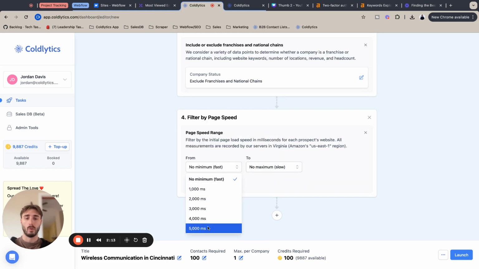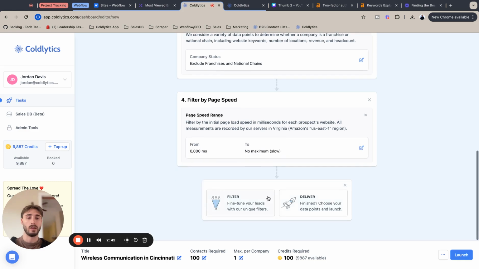and we just don't want to work with anybody whose website is too fast because they probably already have an SEO team behind them. And again, the benefit to you is that you don't want to have to compete for somebody's business with another firm that they're already working with. You want to build a relationship from the start, so you don't have a client that's constantly comparing you to the next person. That being said, I'm going to hit next to lock it in,